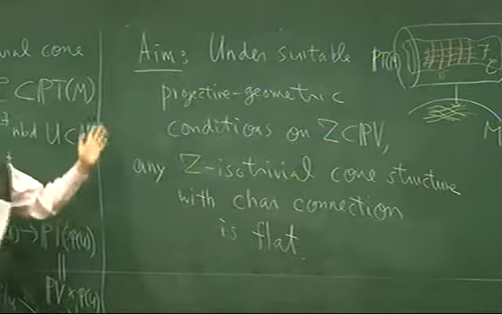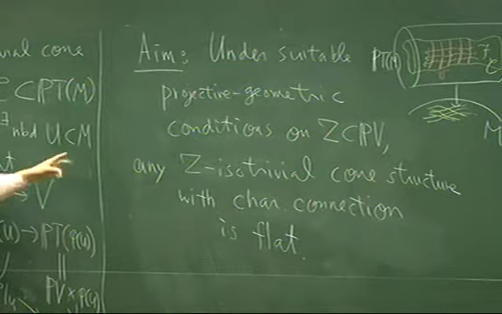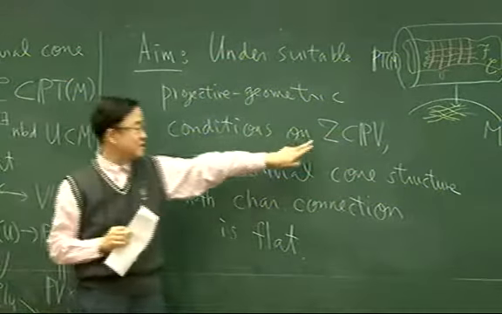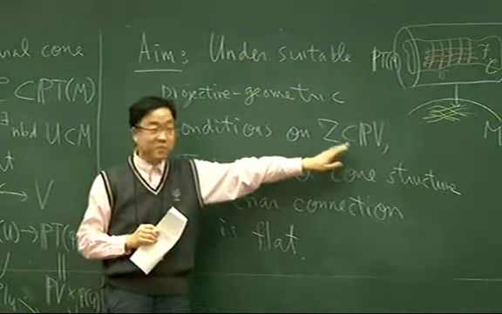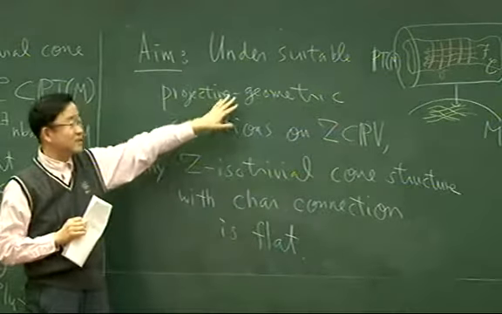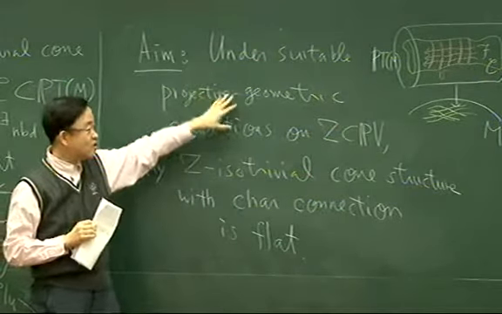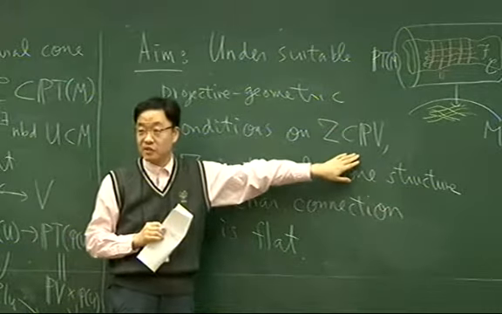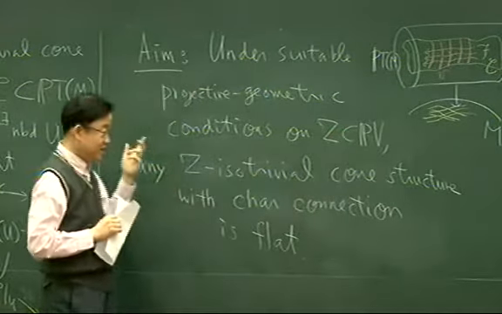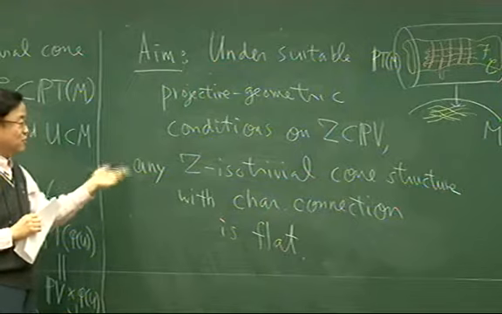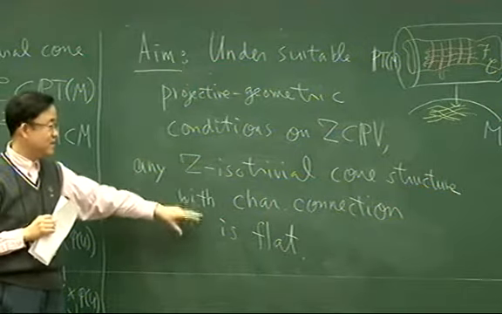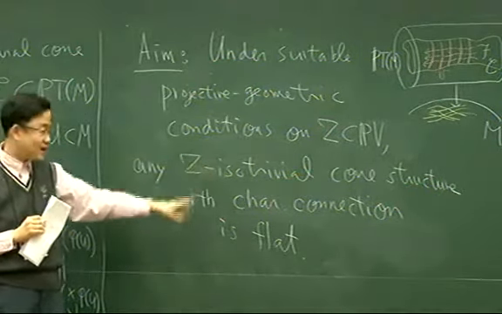This is the kind of result we want to have. So we want a condition on this projective submanifold, some projective algebraic geometry condition. That's a condition on this submanifold, as a submanifold of projective space. And under such conditions, we hope to have this flatness of any G isotrivial cone structure, as long as there's